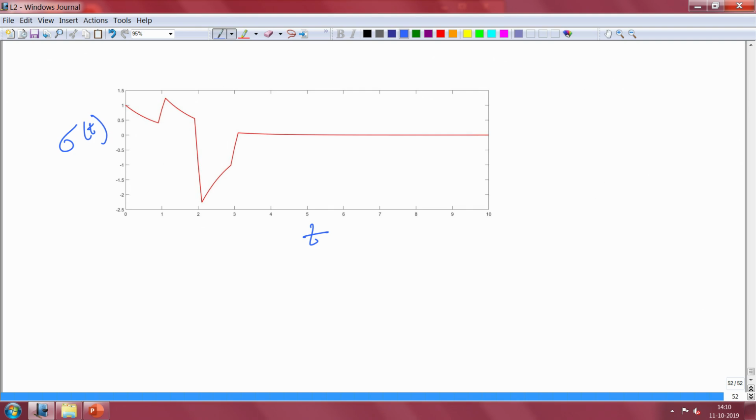Because if your material itself is such that G(t) is going to decrease to 0, then your final solutions should also decrease to 0 over time. So, that is a quick simple check that you can apply to your solution. At t equal to 10, which is a very long time scale, if this is an exponentially decaying function, at a long time this will also decay to 0.